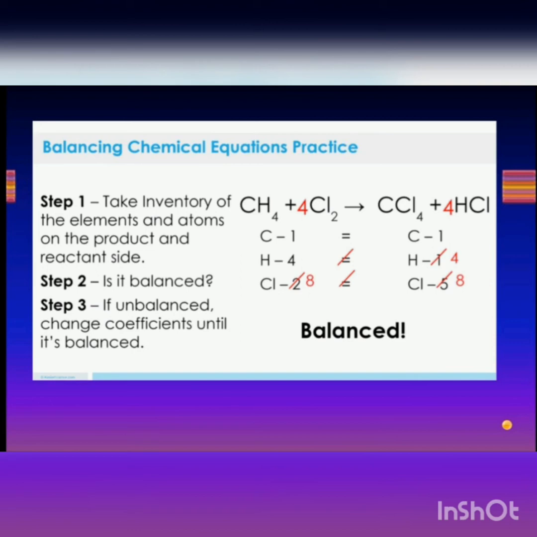And what's the only way of doing it? By putting a coefficient. Now since we need 4, we directly put the number 4 in front of HCl. But now by putting 4 to HCl, we see that on your left hand side chlorine is only 2, whereas on your right hand side chlorine has become altogether 8, because CCl4 has 4 chlorines, plus now we wrote 4 HCl. So 4 HCl means 4 more chlorines. So 4 and 4, 8 chlorines. So now we need to balance out chlorine.